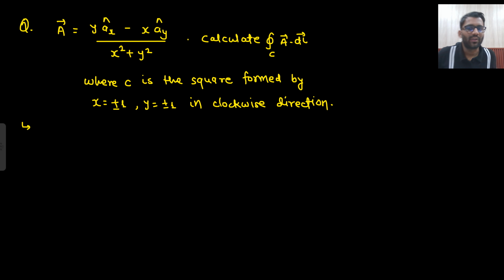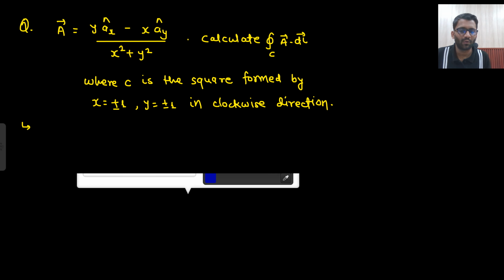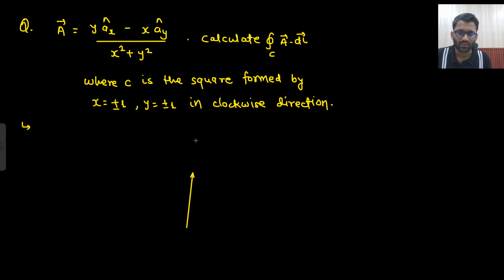So this is the question you need to calculate. Very easy. A dot dl, closed line integration A dot dl you need to calculate. And what is your curve C? The curve C is the square framed by x equals plus minus 1 and y equals plus minus 1 in clockwise direction. So in clockwise direction,